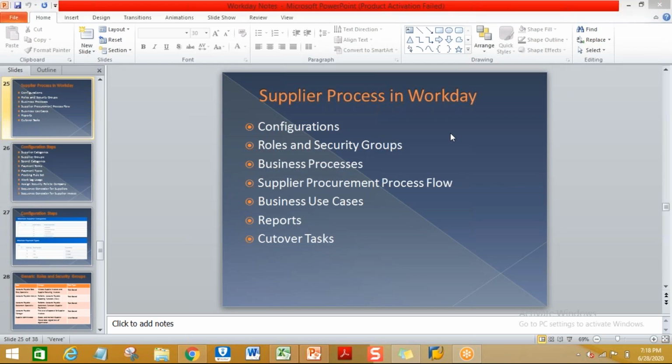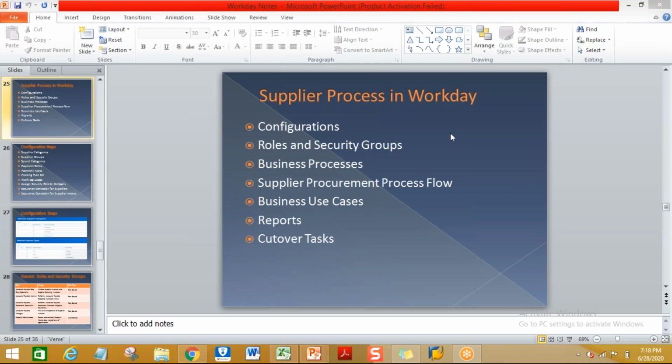So once you start the configuration, you have to do certain steps. If you want to maintain your customer and supplier related information, you have to follow some prerequisites. If you want to raise your invoice, purchase order, goods receipt, or make the supplier payment, for all those things you have to maintain certain prerequisites. Those are called configuration steps. So what are the configuration steps we have to do? The next one, we'll go to the configuration.